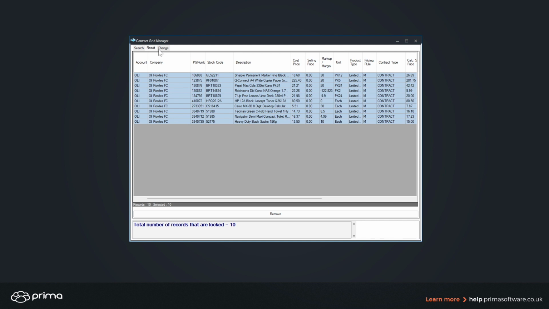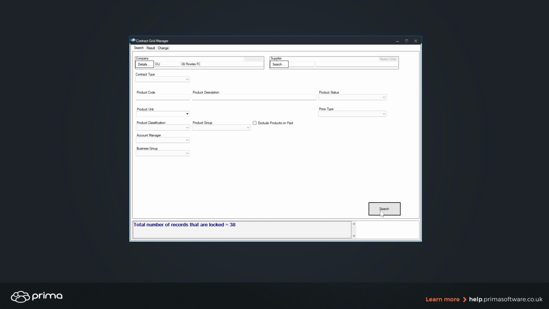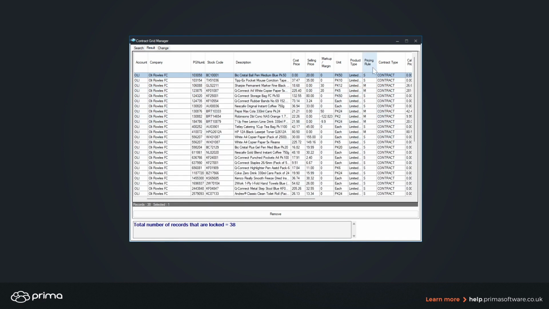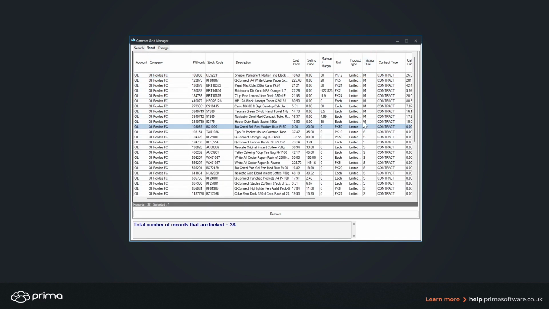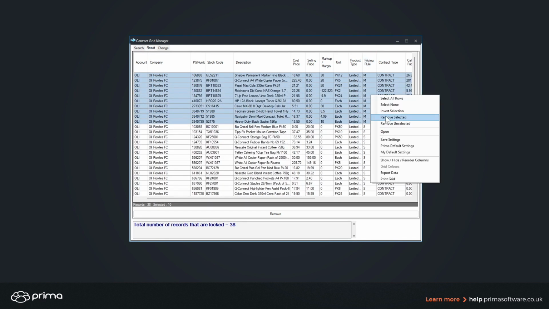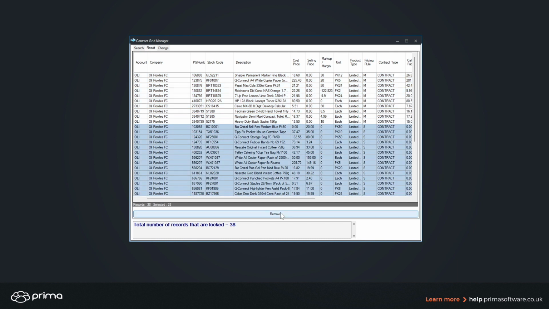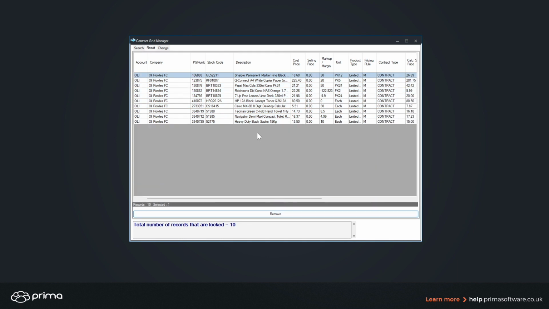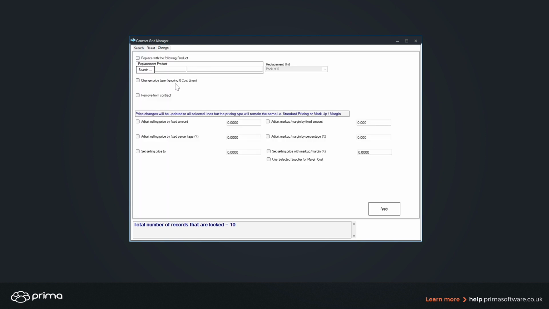Of course, if you've accidentally made some incorrect choices, if you go back to that search tab and re-hit search, you'll see by the number of results at the bottom that it's just loaded everything through. And obviously then you can re-search and do what you need to do in terms of your search changes. So once you're happy with your selection, jumping back into that change tab,